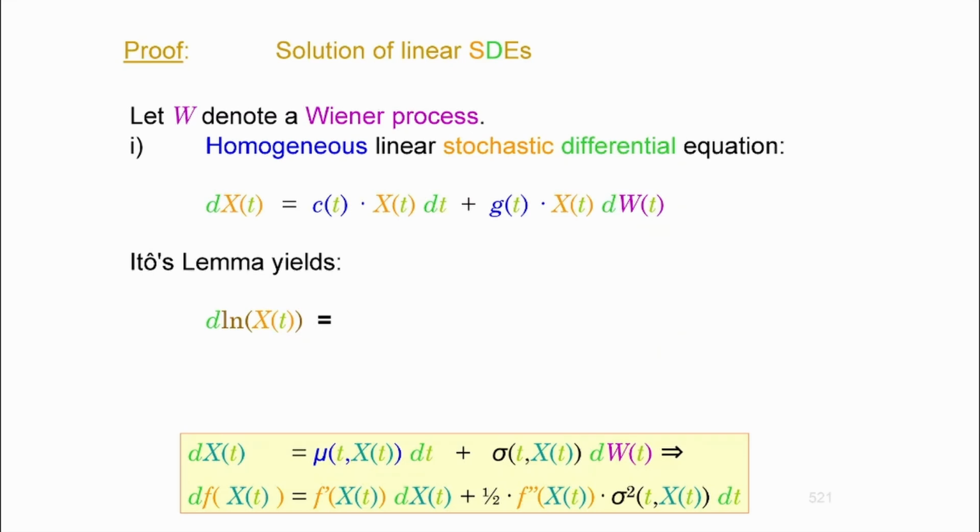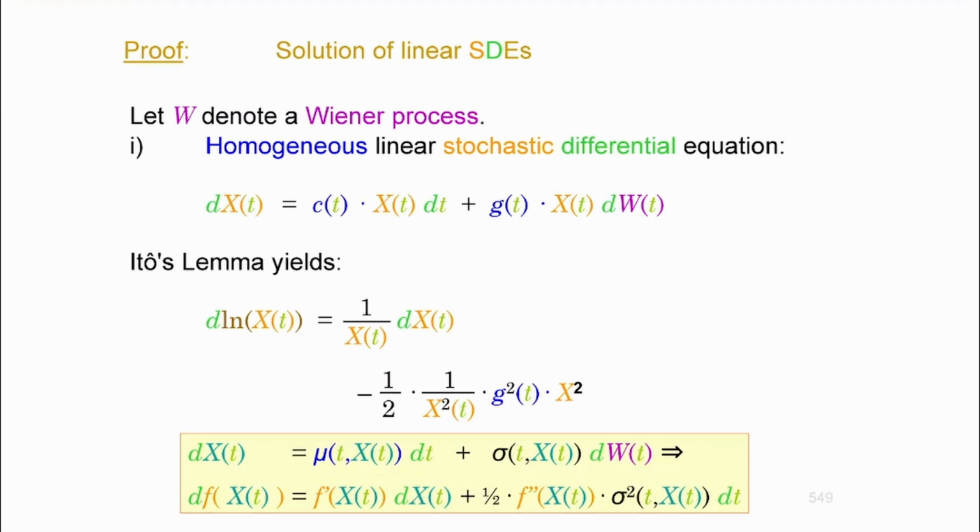All right, okay, so you're going to see it then. Anyways, 1 by x, you see it here. So I'm applying Ito's lemma. And then you have plus 1/2 times 1 by x squared times t, right? So this is it. And then you have the square of g, and there you go. So this is how you're doing it.